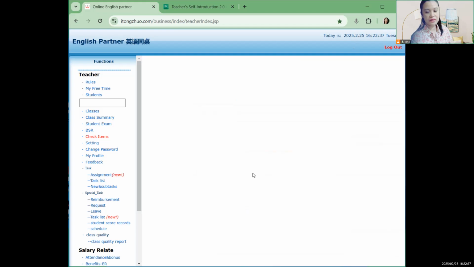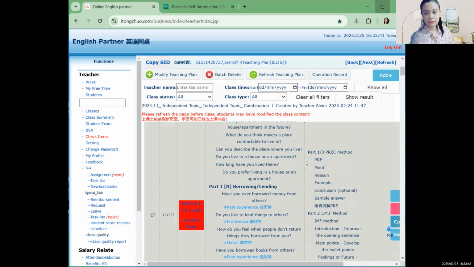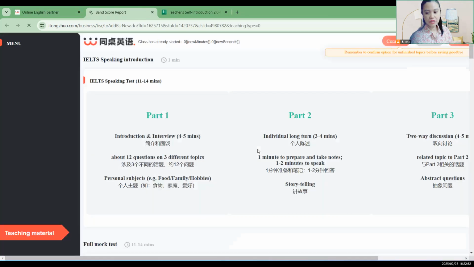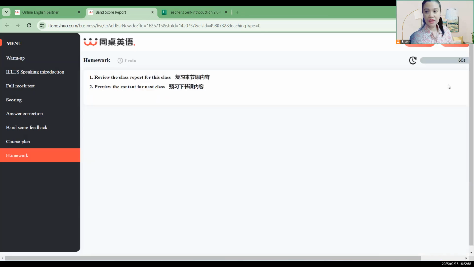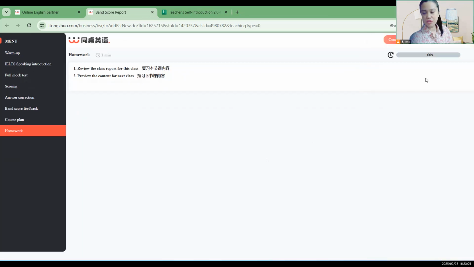Teaching plan IELTS, BSR, copy paste, right? INSYS to open. So you do the warm up, right? And then after that, homework. For it to fit the page, zoom out.